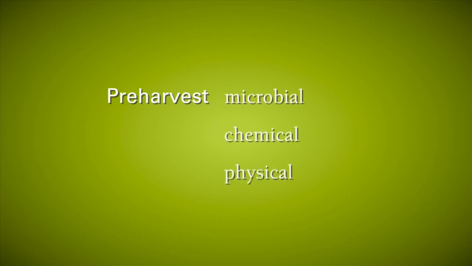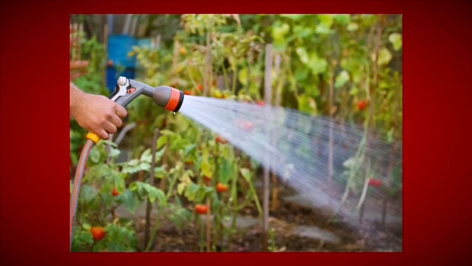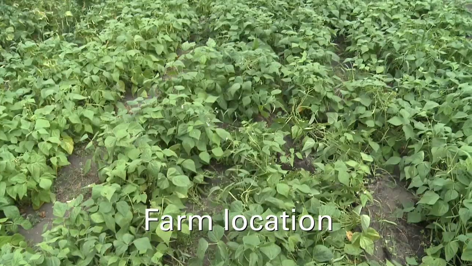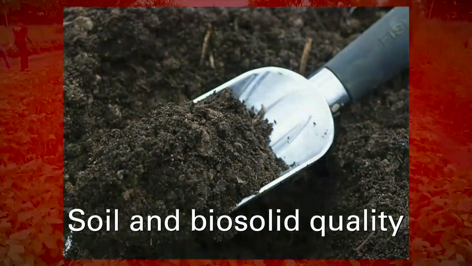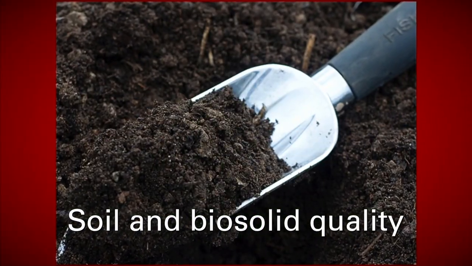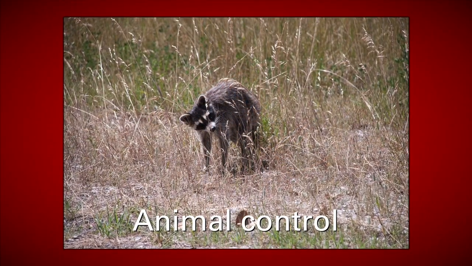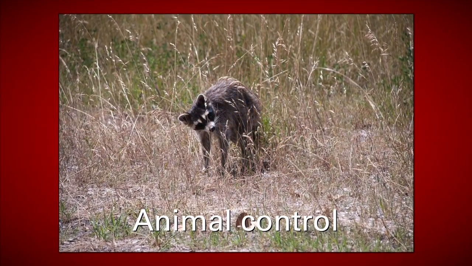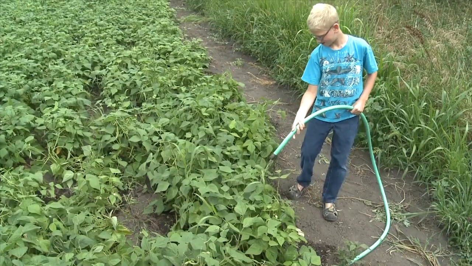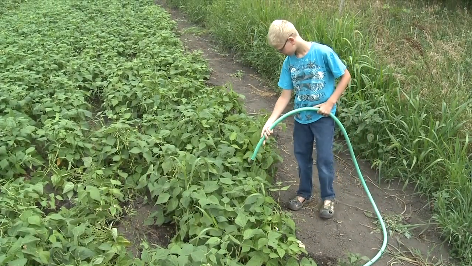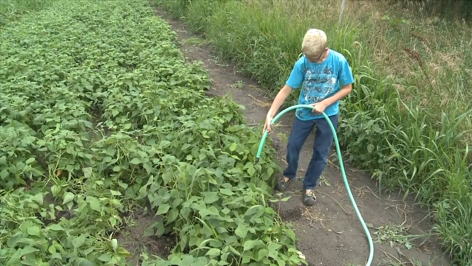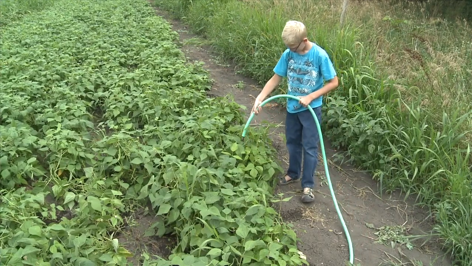The four areas where microbial hazards have the most potential to arise include water contamination, field and farm location, soil quality, improper usage of manure and biosolids, and potential risks associated with domestic or wild animals in and around the field. A water source is essential for irrigation and other activities involved in fruit and vegetable production when growing your